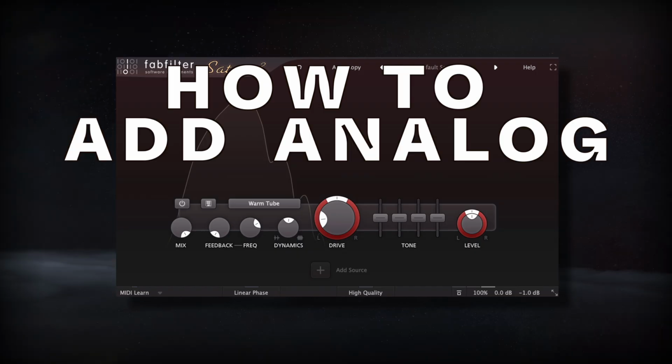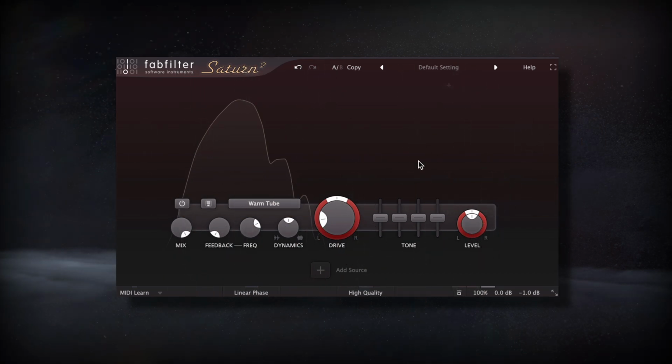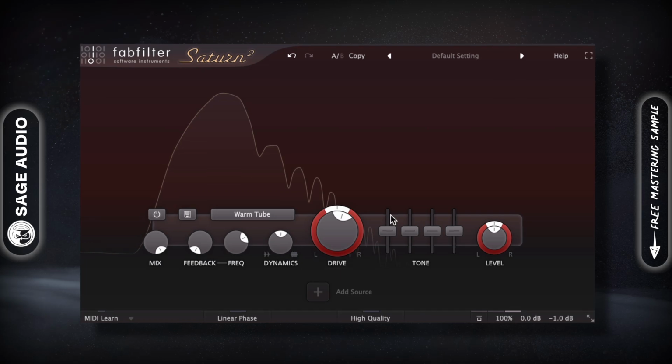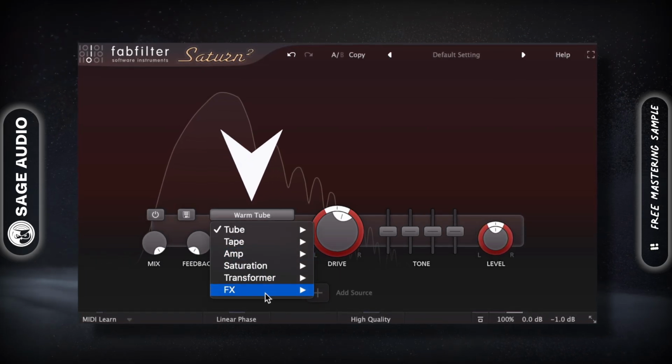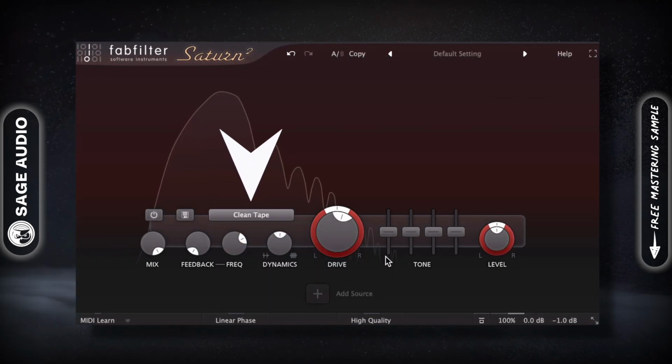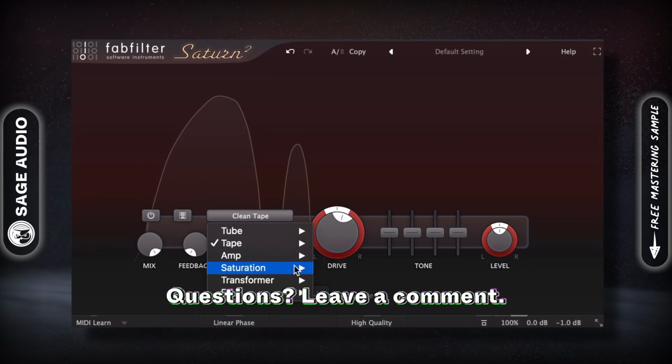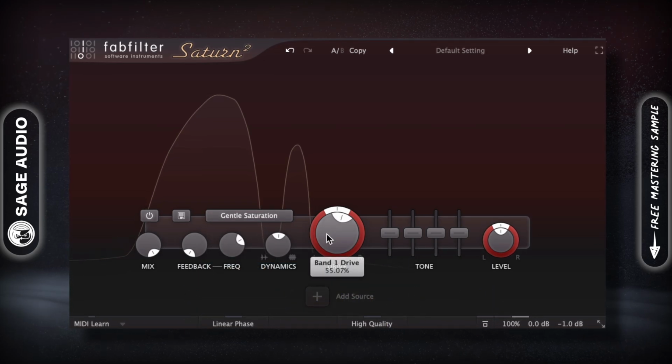How to add analog distortion to your master. Analog distortion is any form of distortion that's indicative of classic hardware components and their distortion behavior. This distortion will vary from component to component. When mastering, analog emulated distortion can make the signal sound both classic and warm, as well as full and impressive.